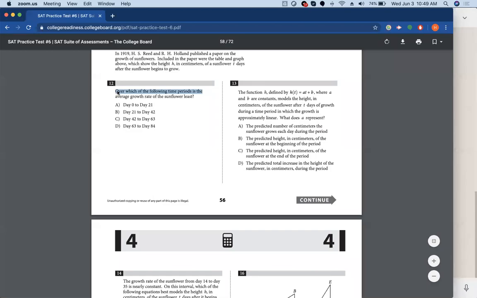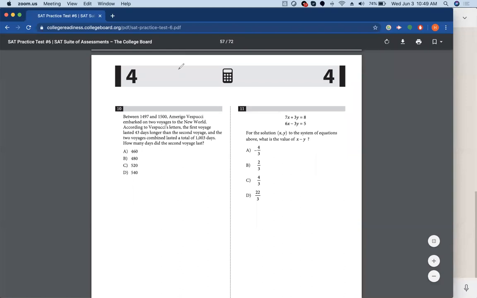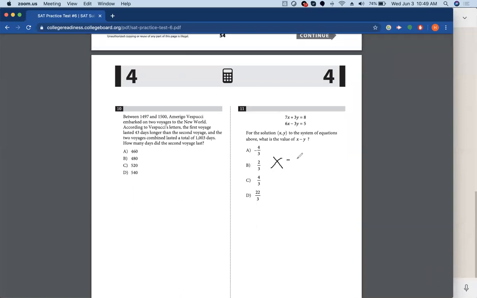Let's try this again. Okay, we're back. We got x is equal to 1. And then we have